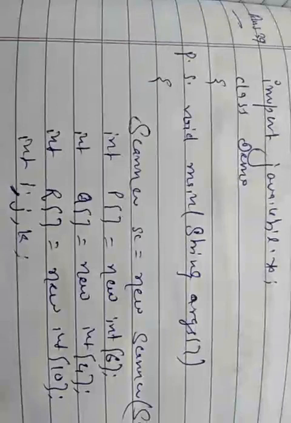If the P array contains 4, 6, 1, 2, 3, 10, and the Q array contains 19, 23, 7, and 8, then R will be 4, 6, 1, 2, 3, and 10 of the P array elements, and after that there will be 19, 23, 7, and 8 of the Q array. So here is the solution for that.